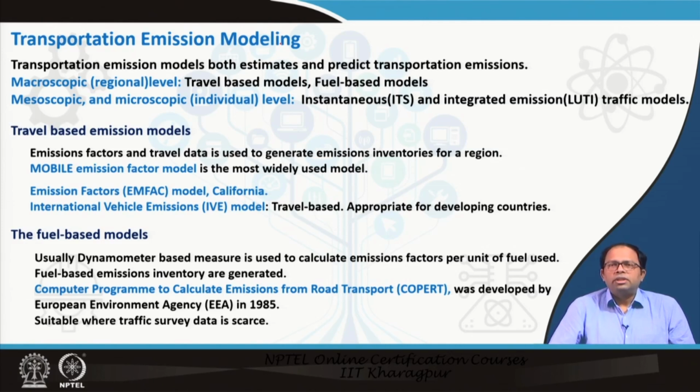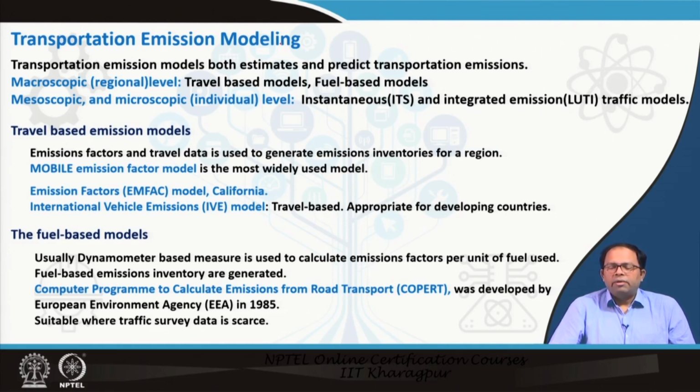So usually there are two ways to get the data. Either we can get it directly from the ITS data, like total number of flows and what kind of vehicles are passing through different points in a road, and all the vehicle number plates are recorded, and from that we can actually do those determinations, or we can do it as a part of the land use transport interaction